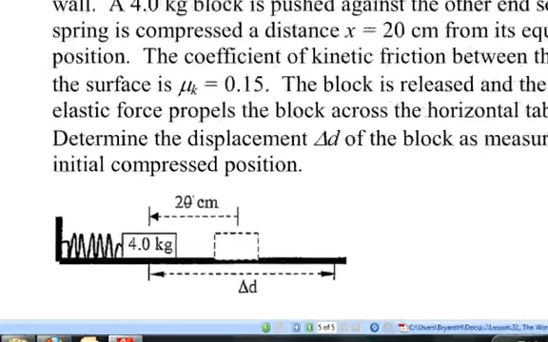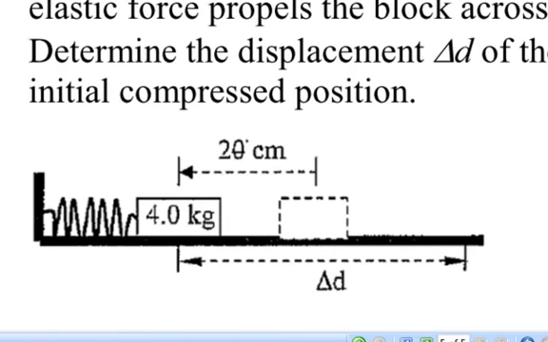Let's think about what's going on here. We're going to apply the work energy principle to help us solve this problem. There is friction acting the whole time here. There are no frictionless parts of things. I have to compress this spring. I give the spring elastic potential energy. Now, the spring is going to give the block some kinetic energy, but then the kinetic energy is going to